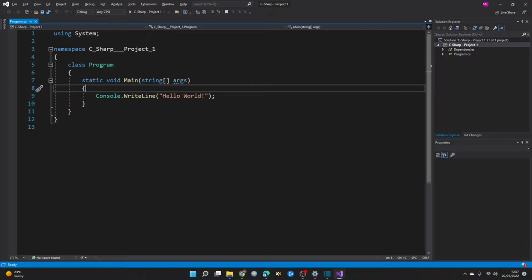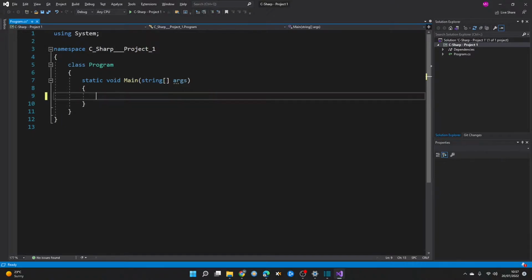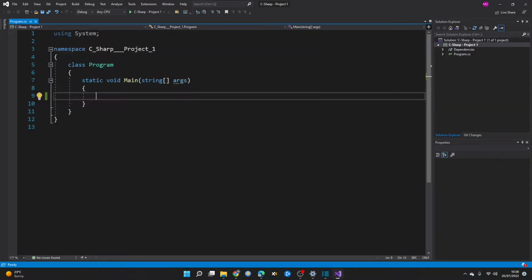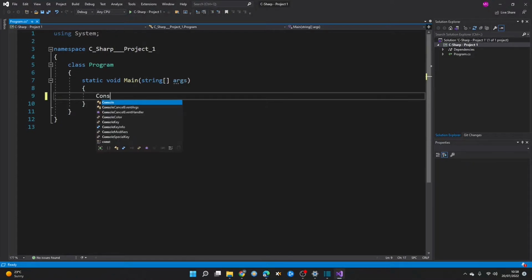So I've created a blank console project. If you don't know how to do that, then go back to video number 1. This is the first proper one of teaching how to code it. So I'm going to delete this, even though I'm going to talk about Console.WriteLine. So here we are, a completely blank project. We'll do absolutely nothing, the excitement of nothing happening. There we go. So obviously you can see there that we write to the console window by typing Console and